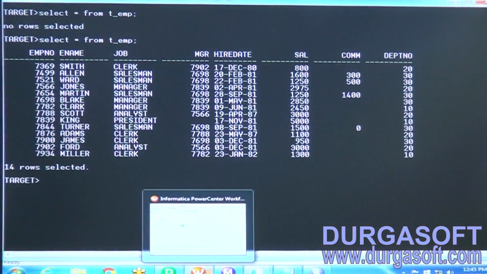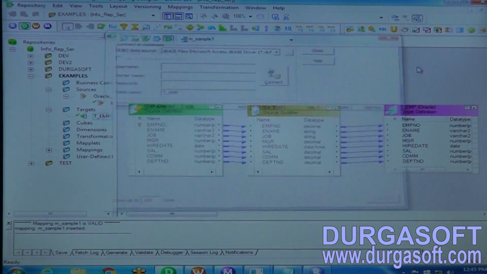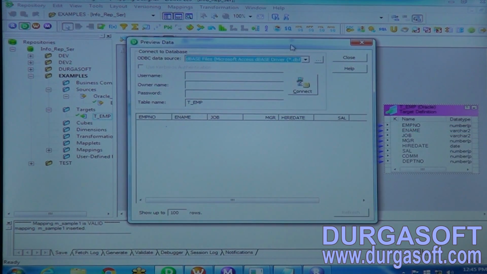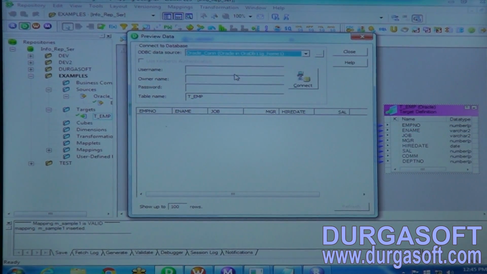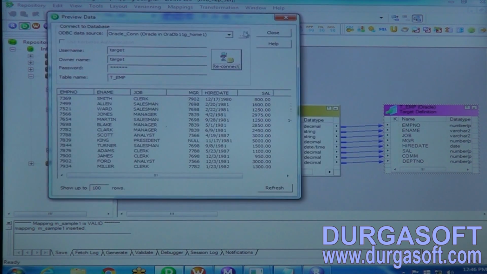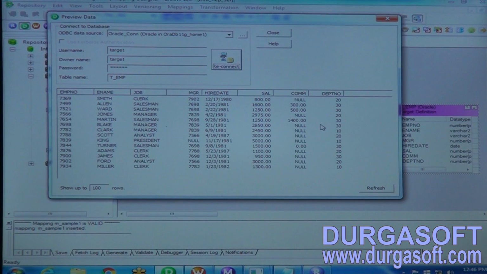In such cases, open the Designer, right click on the target definition, click on preview data and give the ODBC connection you created for the target database, provide the username of the target and the owner name will come automatically. Then give the password and click on connect. Now data will be extracted from the target database table. Whatever you loaded recently will be available here.